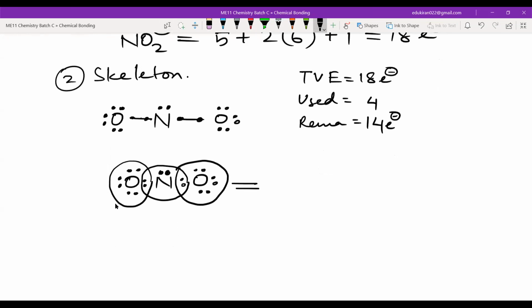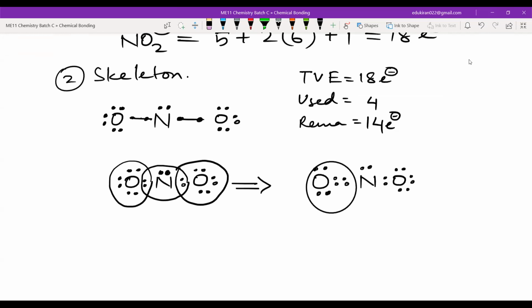So what will happen? Oxygen will give it some electron. So one of these oxygens will give the electron. So 1, 2, 3, 4, then nitrogen, then this oxygen. See, but this oxygen has how many? 6 non-bonded electrons. From the non-bonded, it gave a pair of electrons to the nitrogen to form a bond. Now it has only how many? It has only 4 electrons, that is 4 non-bonded electrons.